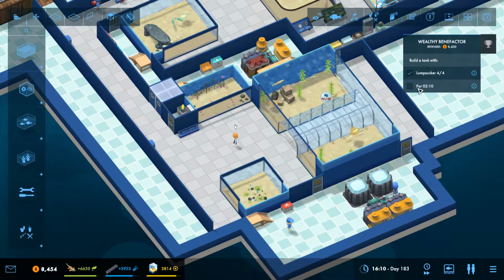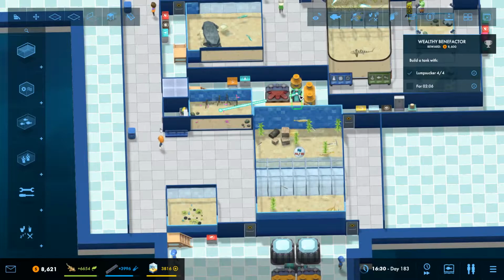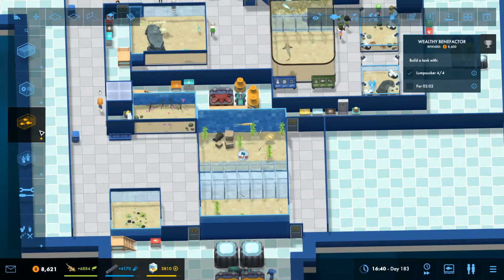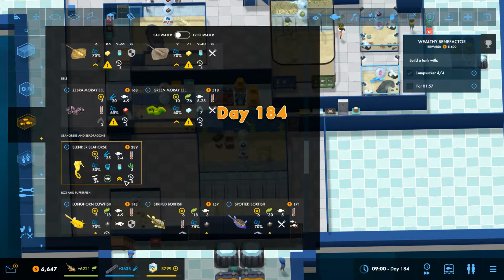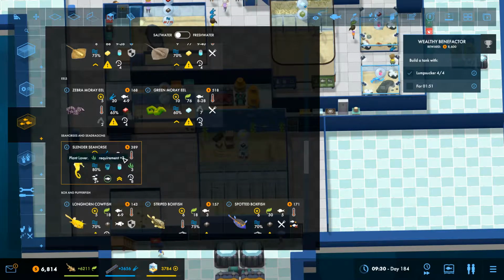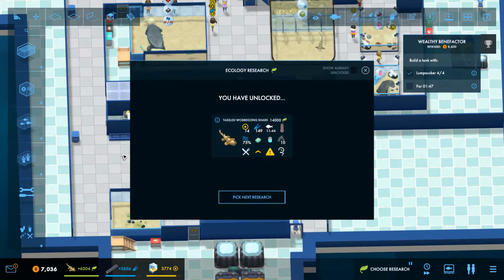But yeah, we'll just get these lumpsuckers done, and then we're going to concentrate on some other stuff as well. Now, the big one is getting the seahorses in today. That's what I really want to do. Seahorses are just such a cool animal, aren't they? So they kind of have to be on their own. They get to size 4. So if we had...